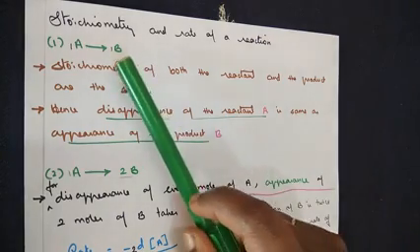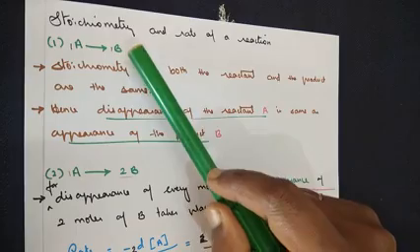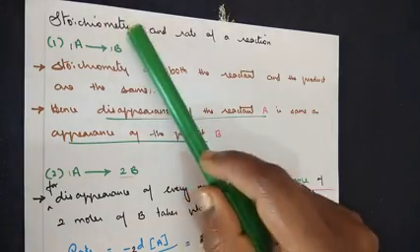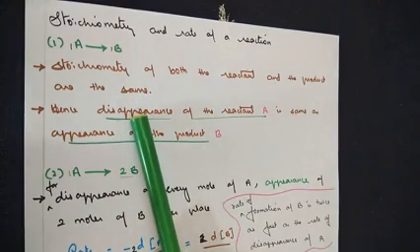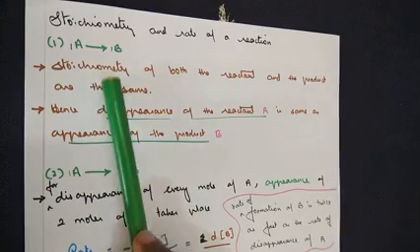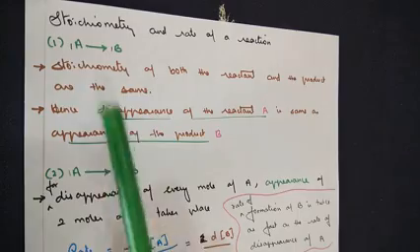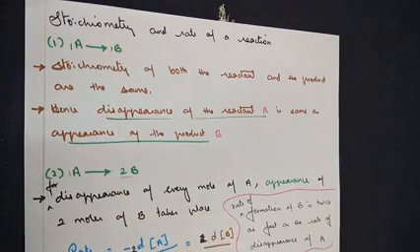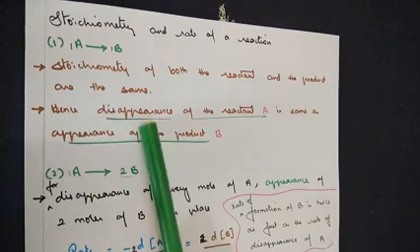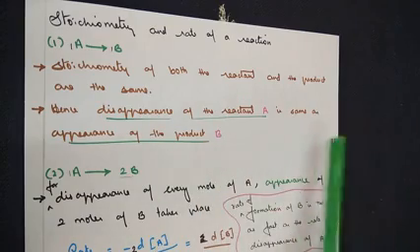The first one: consider a reaction where the number of reactants is equal to the number of products, meaning the stoichiometry is a balanced one here. The same concept is put down in words. Stoichiometry of both the reactant and the product are the same. If we consider 1 mole of a reactant giving us 1 mole of the product, the stoichiometry is balanced. Hence, disappearance of the reactant A is the same as the appearance of the product B.